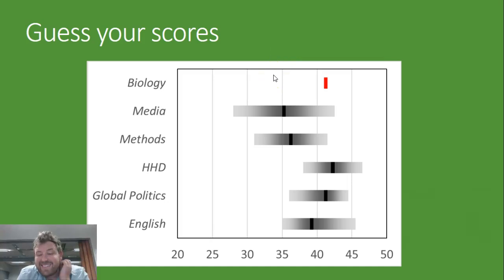But the point is, there's always some uncertainty here. And actually, there's probably going to be one subject in your top 4 that you don't expect to be there. So it would be a real shame if you were to give up on that subject early in the year and not put in the work to push this range up to where it needs to be. So my advice for you is, you might think you know your top 4, but you really don't.